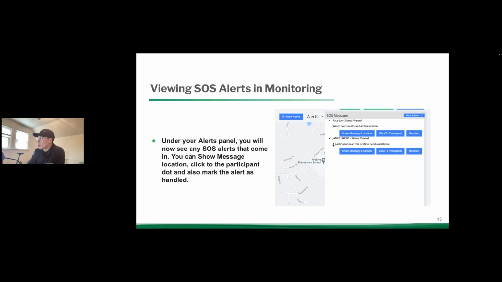So similarly here, this participant just saw that a participant was down and needs assistance, and was being a good Samaritan, and just used the SOS and said, hey, there's a participant that needs help at this location. They continued using RaceJoy, continued running their race, so they are nowhere near where the participant was. But if you were to select show message location again, it'll bring you to the ping to where that message